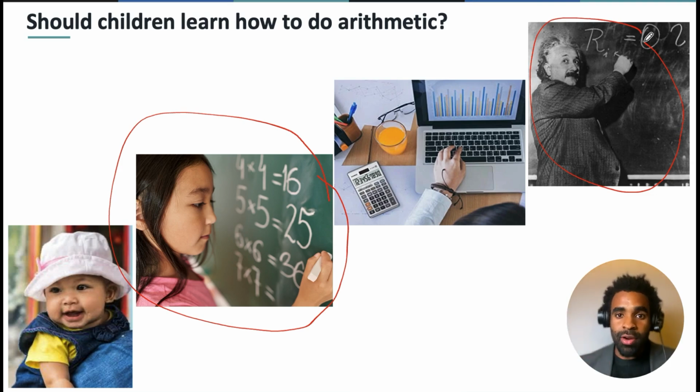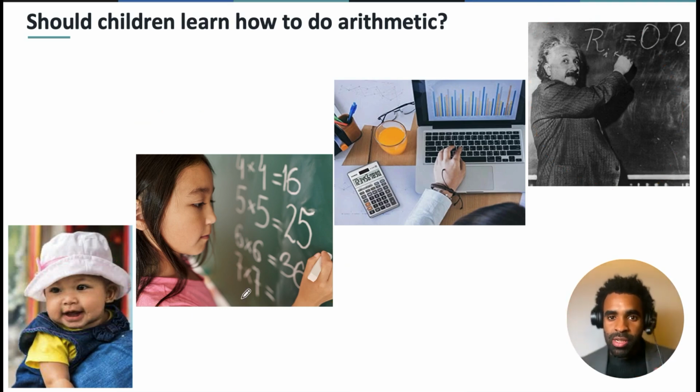Most fields of thought are very cumulative, and if you don't have the base, you can't really push on the frontier. So similarly, when you are learning programming, even though ChatGPT can probably answer most of your beginner coding questions, that doesn't mean that it's not worth learning, because if you don't build this core foundation, then you're not going to be able to build complex software, you're not going to be able to build complex data pipelines, you're not going to be able to do important data science work at the frontier.